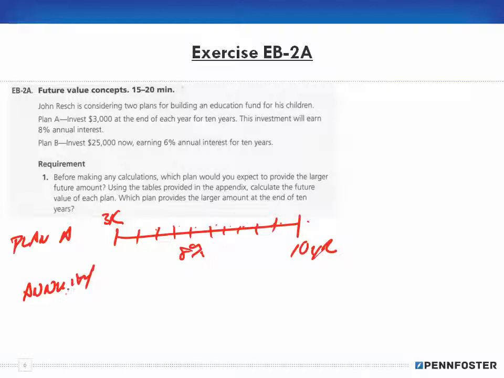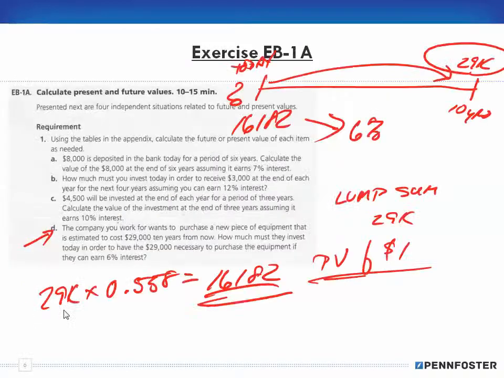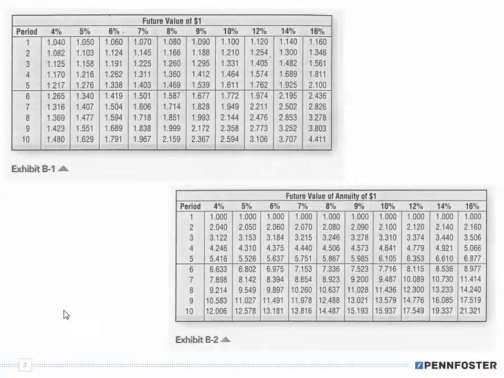And if we're starting today and we want to know how much it is 10 years from now, that's a future value, right? So we're going to look up the future value of an annuity table, and we're going to see 8% for 10 years, and we cross-reference. Oops, sorry, I'm on the future value of a dollar table, sorry. On the annuity table, 8% for 10 years, I have a factor of